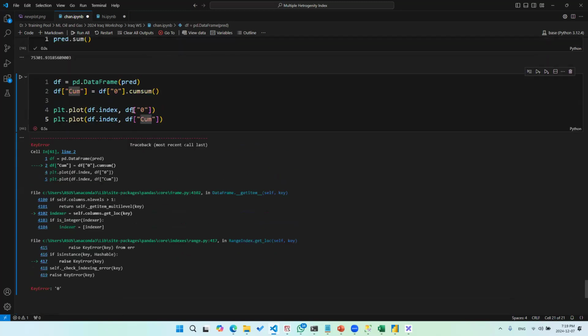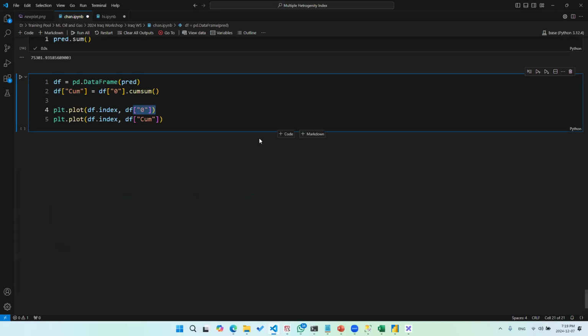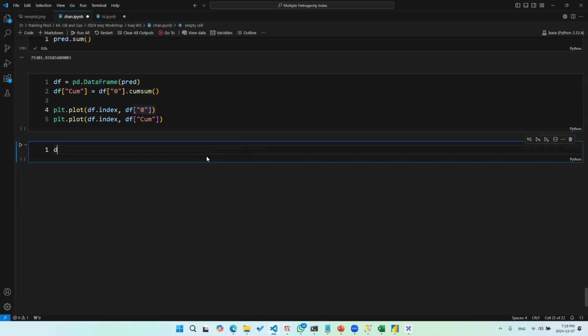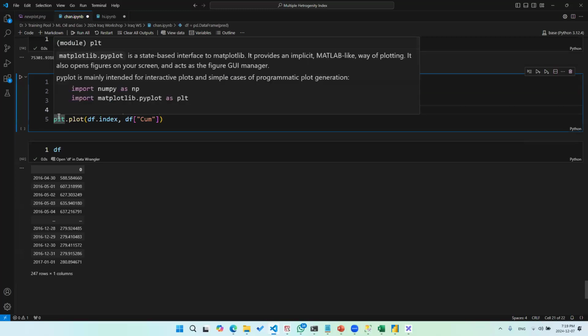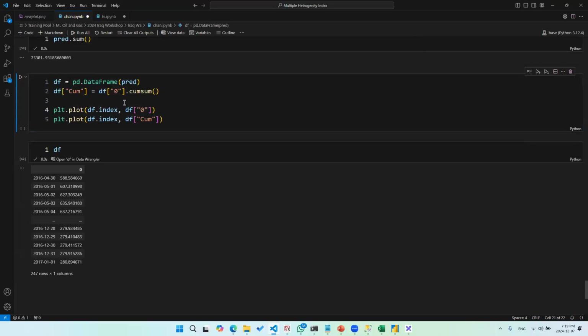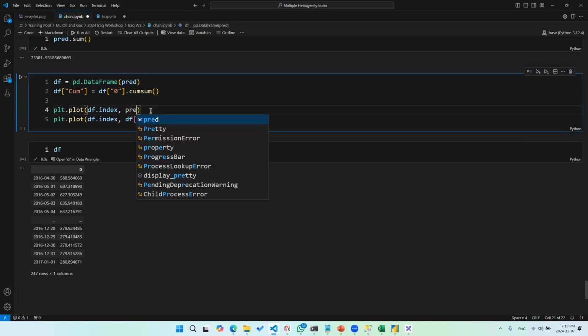It says that we have an error in the name of the column. So let's correct that. DataFrame, let's do prediction.